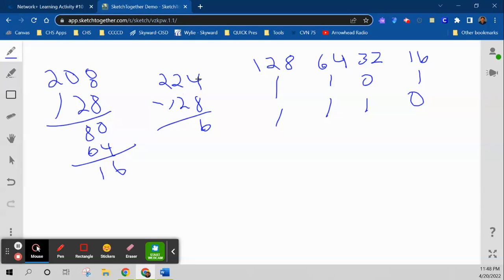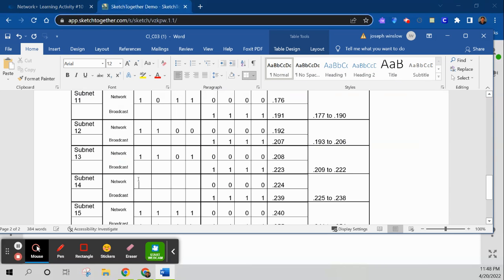This I borrowed a 1, but now I have to borrow another 1. So that's 11 over 2 is a 96. And I have to take 64 because I can take 64 from 96, which will leave me with a 2 and a 3. Oh, well, you know what? If I have a 3 and a 2, I can take that with nothing left over. So the answer is 11,